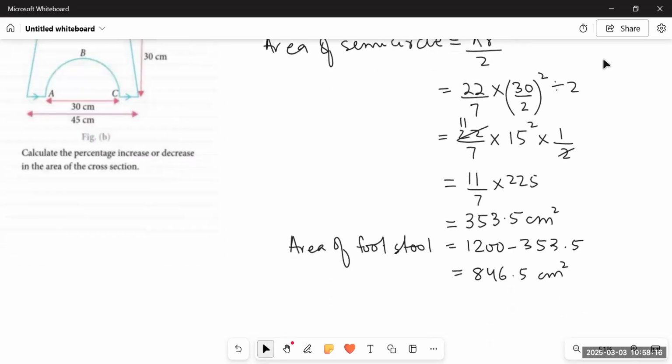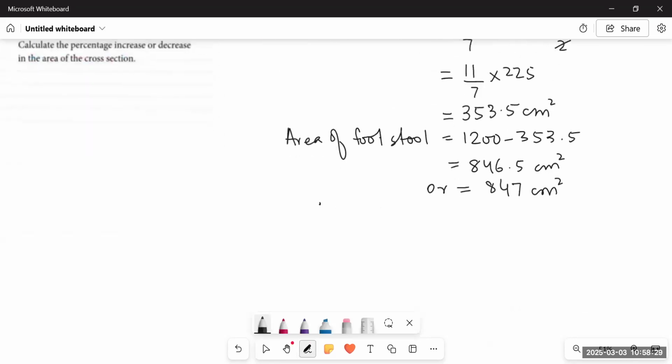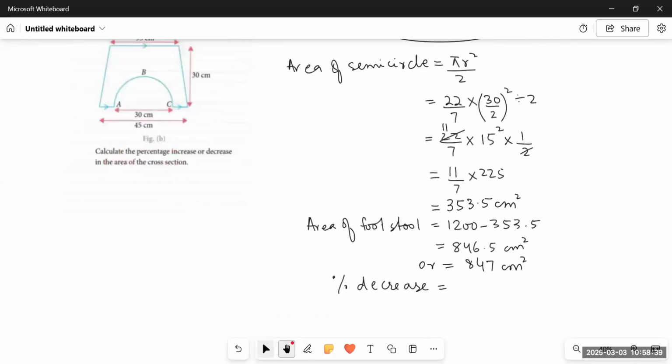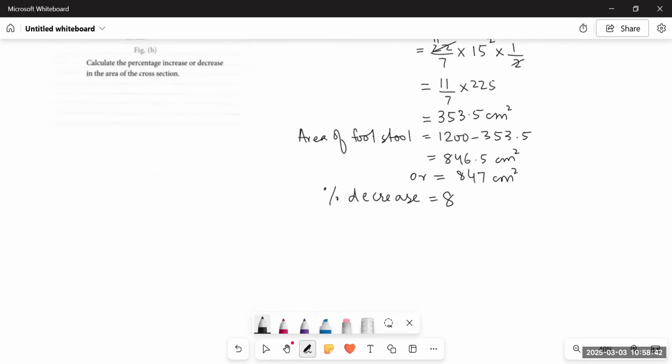And now if we have to find out the percentage decrease, we have already learned it in chapter number 8. How do we find the percentage decrease or increase? Since there is a decrease, we have to find out the percentage decrease. For this, we have to take the two figures, that is 863 minus 847 divided by 863. You people have learned this in detail in chapter number 8 already.